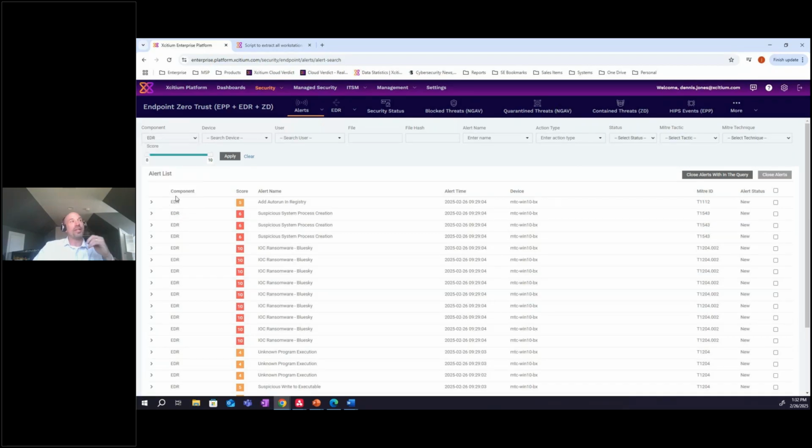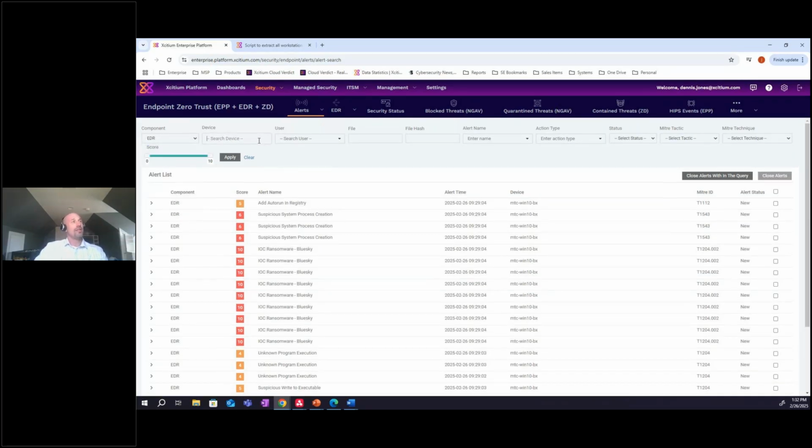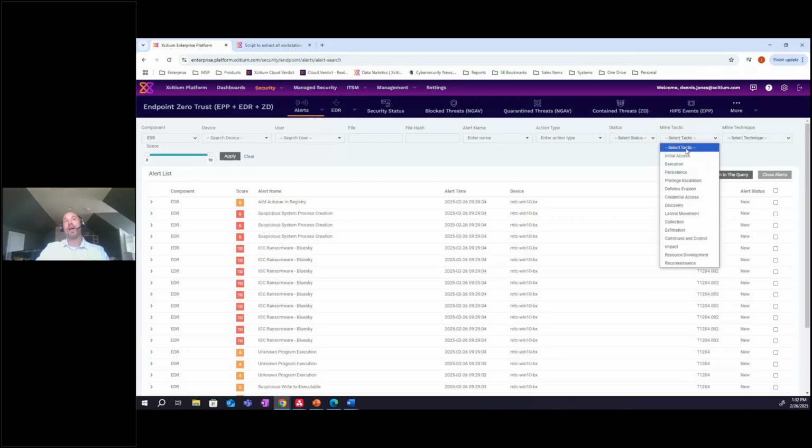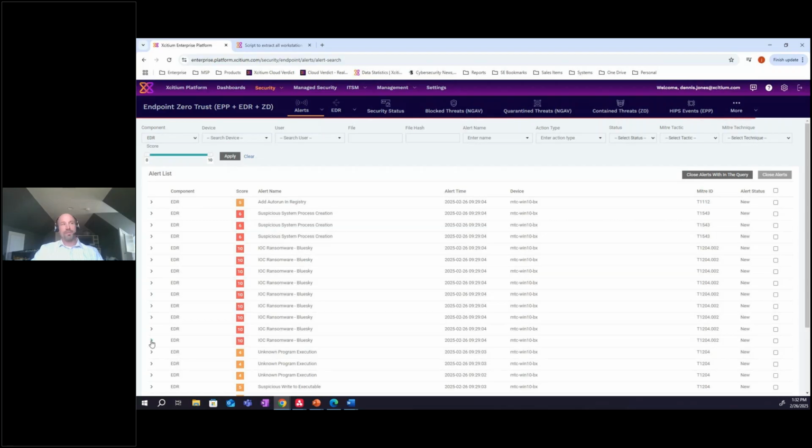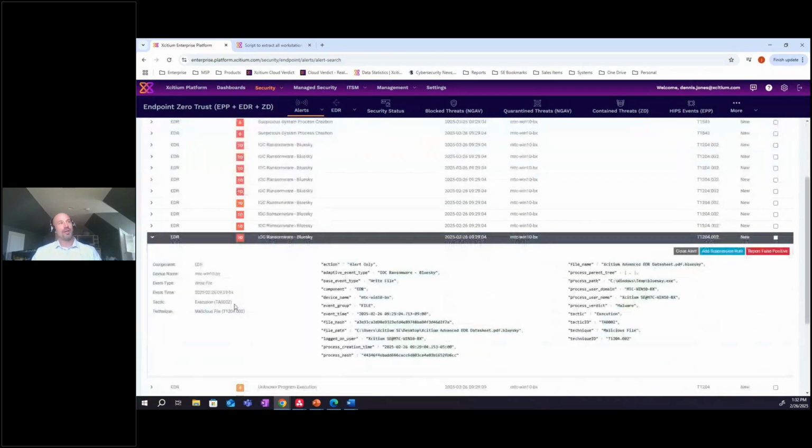I'm going to go right into our EDR area. I'm able to adjust any of these scores, go and just look for specific machines if I need to, specific users, hashes if I need to, as well as selecting any type of MITRE ATT&CK framework tactic that I deem associated with an alert that I want to see that has been triggered. Hopefully you don't have to worry about much. So let me apply this. So I'm going to go right into this particular alert because this was that Blue Sky ransomware that actually ran